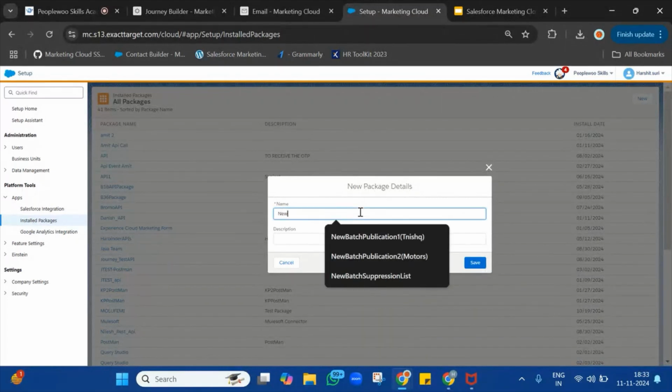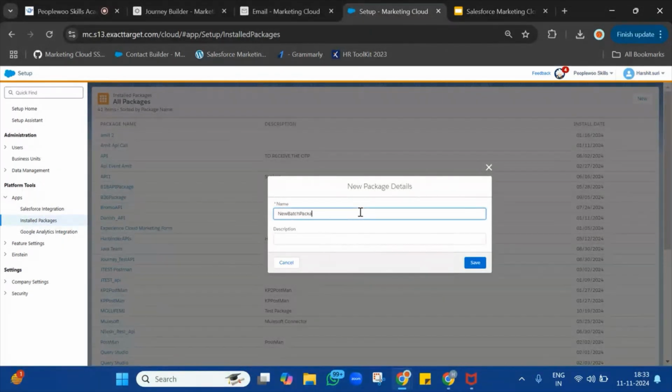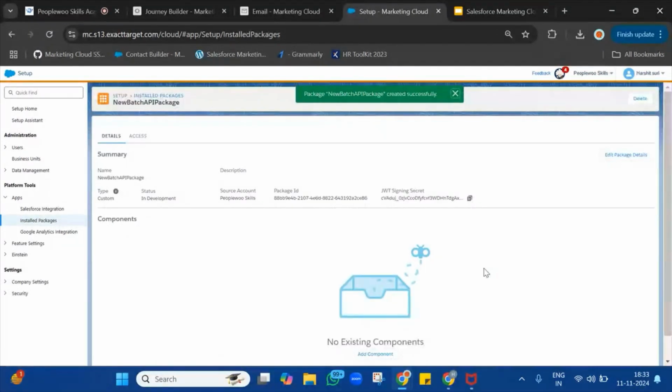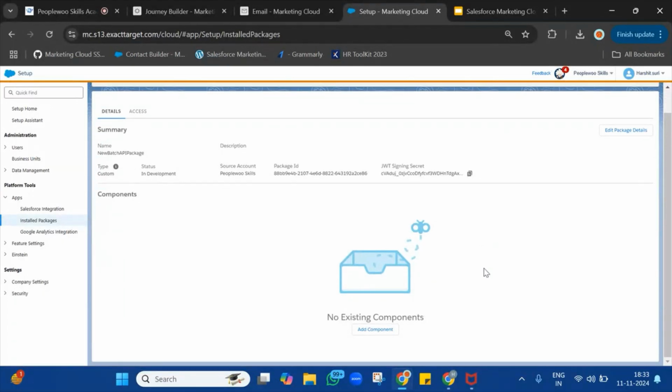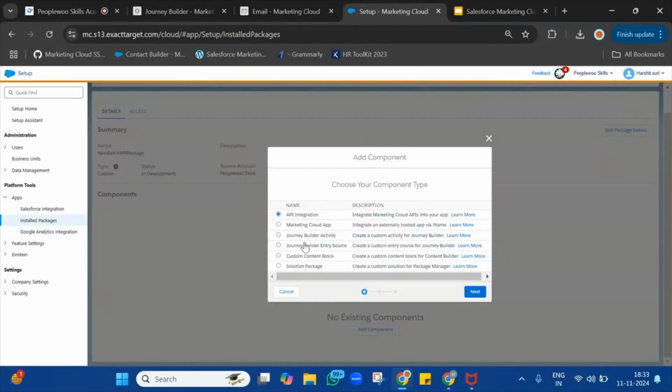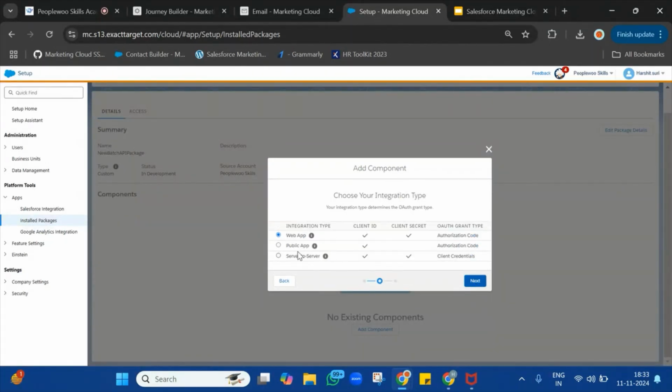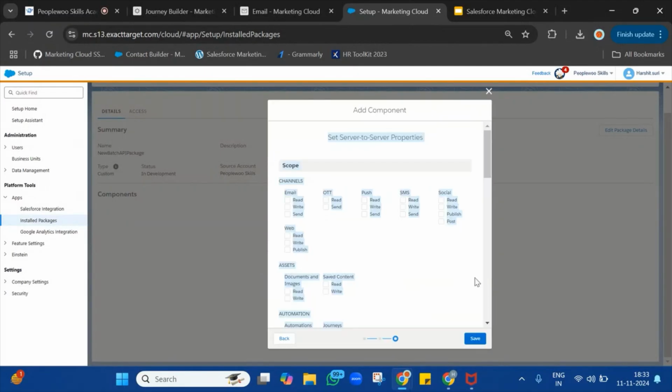You can name it as new batch package, or you can say API package. Click on save option. Once you click on save option, you have to go down and click on add components. Choose API integration here. Click on next option. Choose server to server integration. Click on next. For server to server, you will get the client credentials, which is client ID, client secret, and